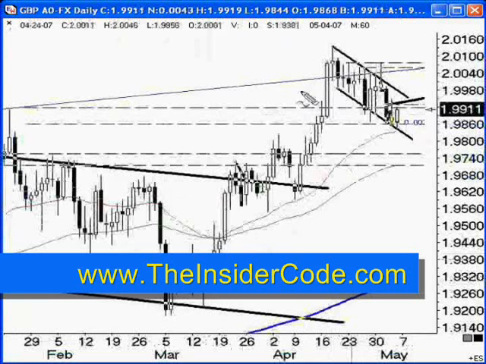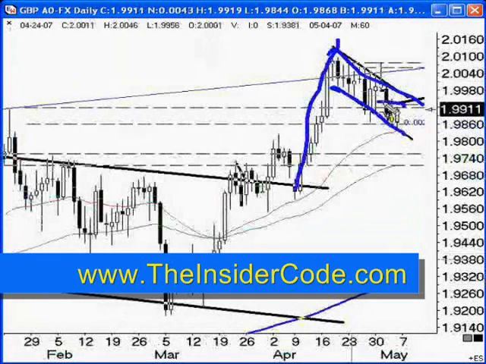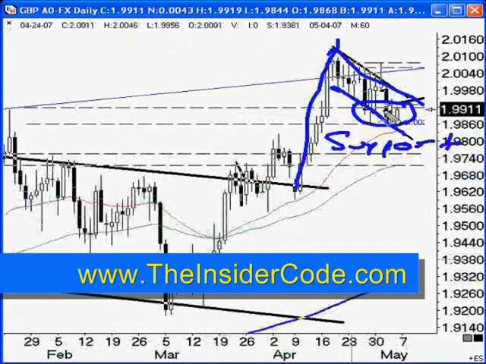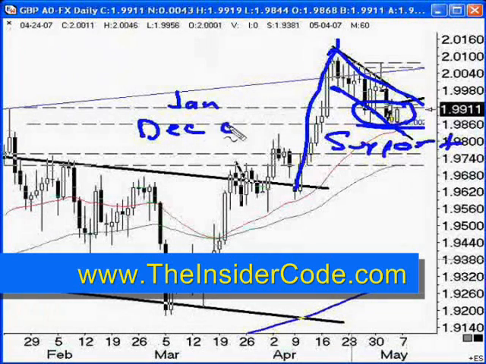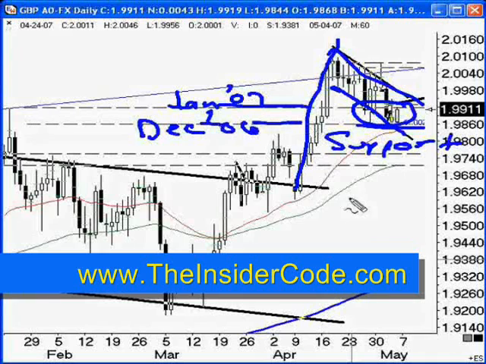So, let me slow down a little bit here. We're looking at this flag pattern here. The flag pattern is still holding. We're seeing the market come right into support, just as we expected right here. Remember, this is from December, this is from January. December 06 was this line here, and this was January 07. So these two areas now are going to be acting as containers for the market. Okay, so we have a zone of support.